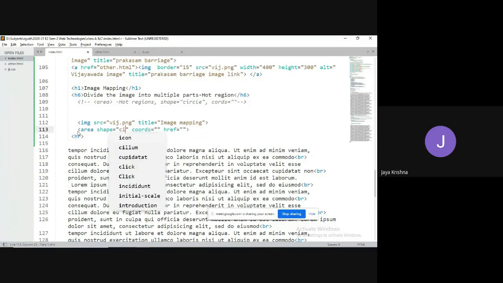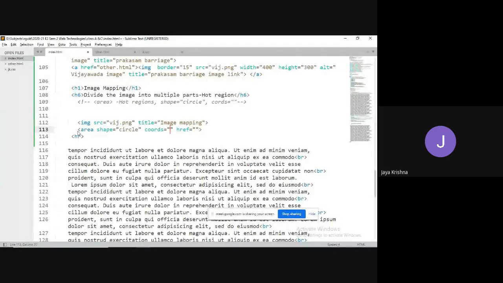Shape attribute. For example, I would like to make a circle-shaped region. Then I need to provide coordinates. How many coordinates are required here? Generally for a circle we require three coordinates: one for the x-axis, another for the y-axis, and another for the radius.